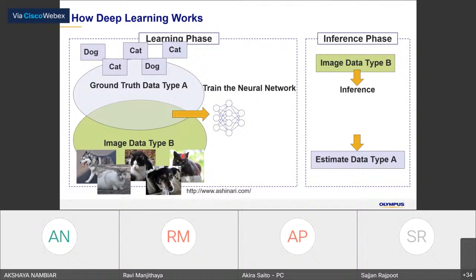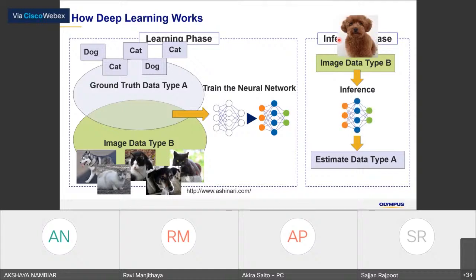So image data with the ground truth is required. We bring this to the neural network training, and then once another dog image comes and we do the analysis with the trained network, it will be estimated as a dog with high probability.